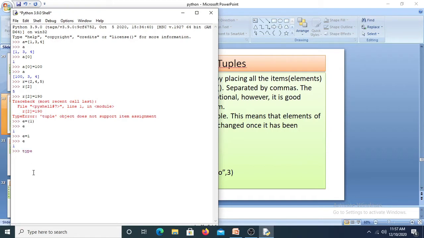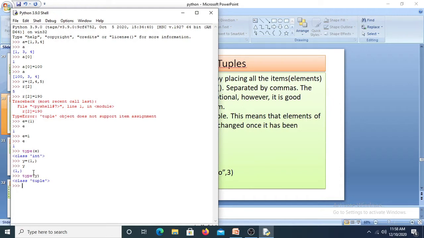If you want, you can use the type function, type of e, and you get which type it is. It is only a number, only an integer, right? So how do you store a single element in a tuple? There is one more here, y is equal to 1 comma. 1 comma means only one value has been stored, but it is followed by a comma, so the next value is empty. Now it will give you a tuple. You can check it. Okay, so it is class tuple, right? This is the procedure to store a single value in a tuple.